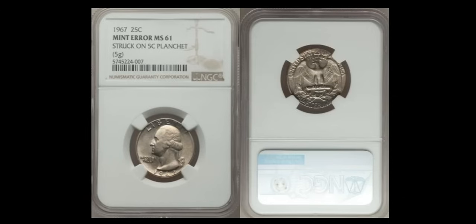All right, so the next one we have here is a 1967 quarter. Now, this one is very reasonable to find. I've actually found a few of these over the years, and this particular coin was struck on a nickel planchet, a nickel blank made and intended for a Jefferson nickel. So it's really easy to overlook. It looks like a regular quarter, however, it is slightly smaller, oh so very slightly smaller than a traditional quarter-sized blank. There's not going to be a whole lot that you're going to be able to differentiate other than the fact that a few of the devices are going to be cut off